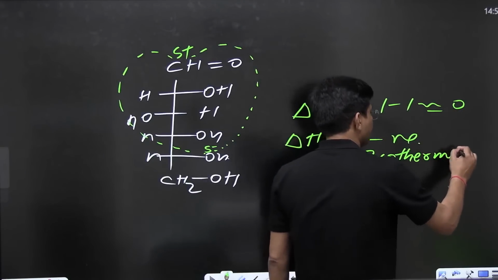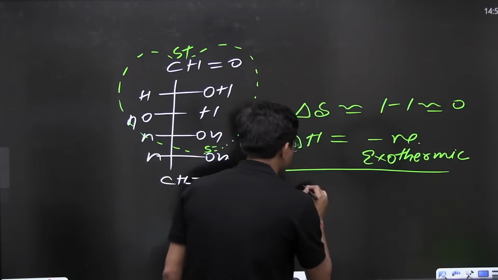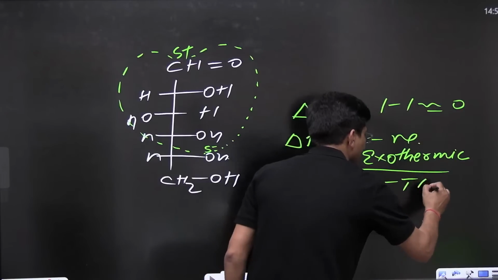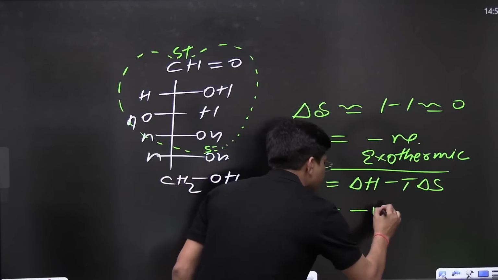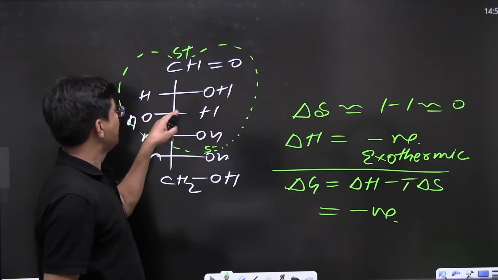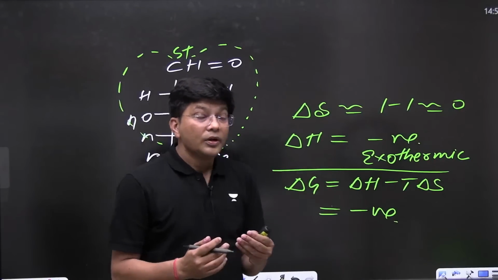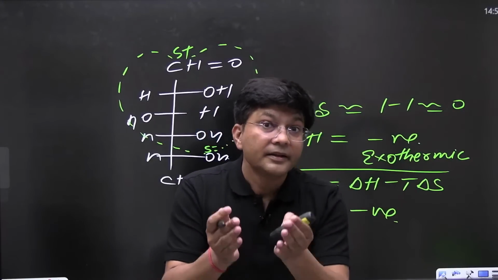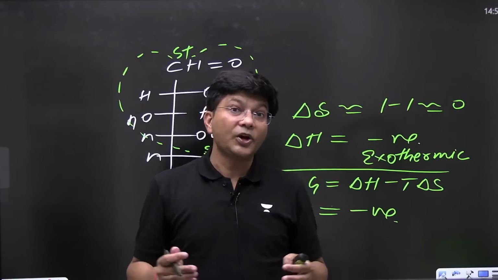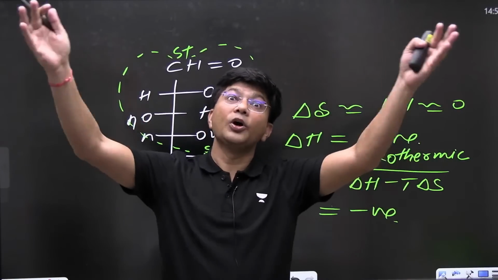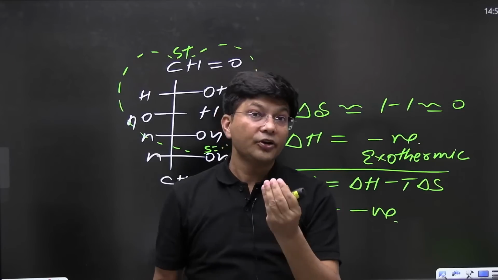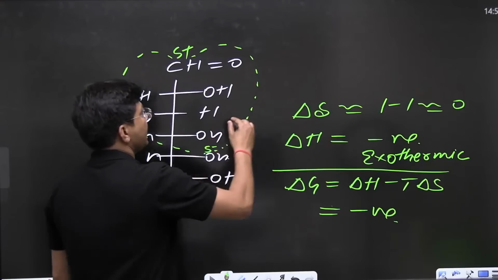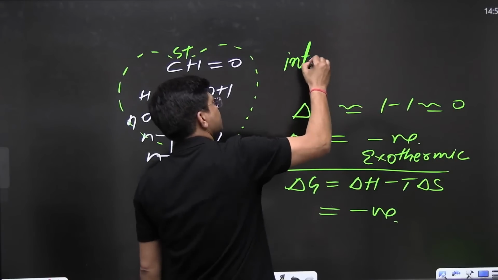Once the new bond is formed, my dear students, delta G, by the Gibbs-Helmholtz equation, is delta H minus T delta S, and that is going to be negative. Who is deciding this to be negative? Because delta H is negative. Now if two molecules are combining, then definitely the entropy changes, because 2 molecules will become 1, 100 molecules will become 1, which means the entropy is getting decreased. So always remember that whenever by intramolecular cyclization,